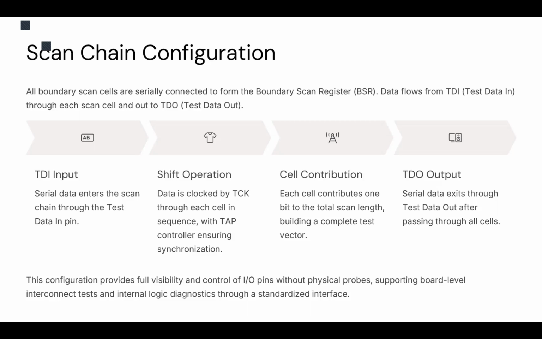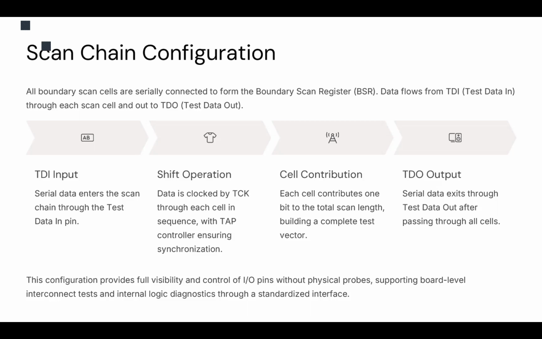After all this configuration, we have a TDO, the test data output pin. After the value goes through all the cells in the chain, we capture the result from the TDO. These captured values are the diagnostic result and are extracted bit by bit, typically sampled by external test equipment to verify the correct behavior or check the state of each pin, like the example we gave, a pin short circuited to ground or two pins short circuited to each other. We can get that from the data we capture from the TDO,